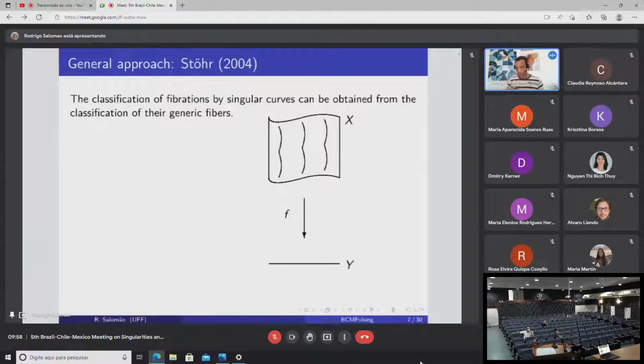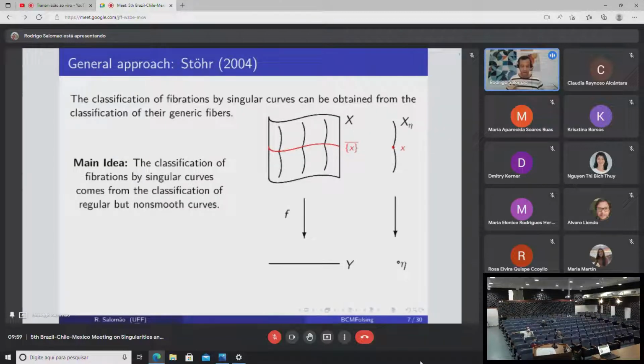If you want to study fibrations by singular curves, we want to have fibrations with some horizontal divisors containing the singularities of the general fibers. The horizontal prime divisors correspond to closed points of the generic fibers, and the horizontal prime divisors containing the singularities of the general fiber of a fibration by singular curves correspond exactly to regular points but non-smooth,